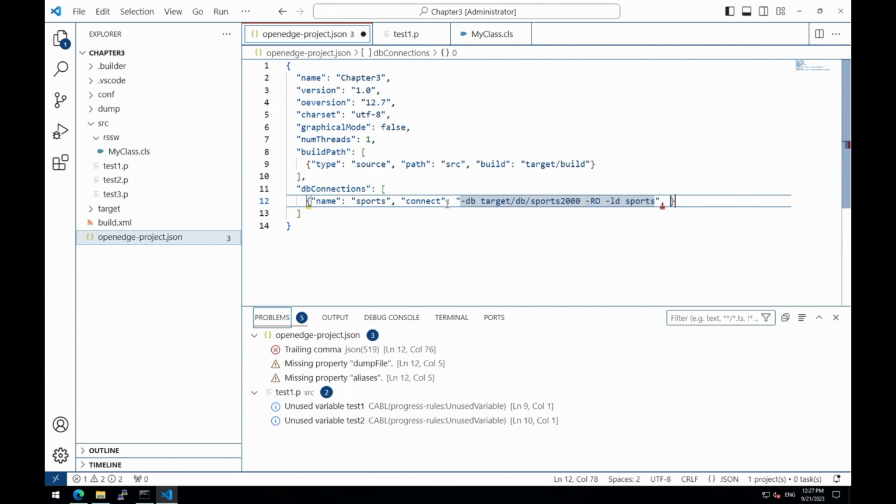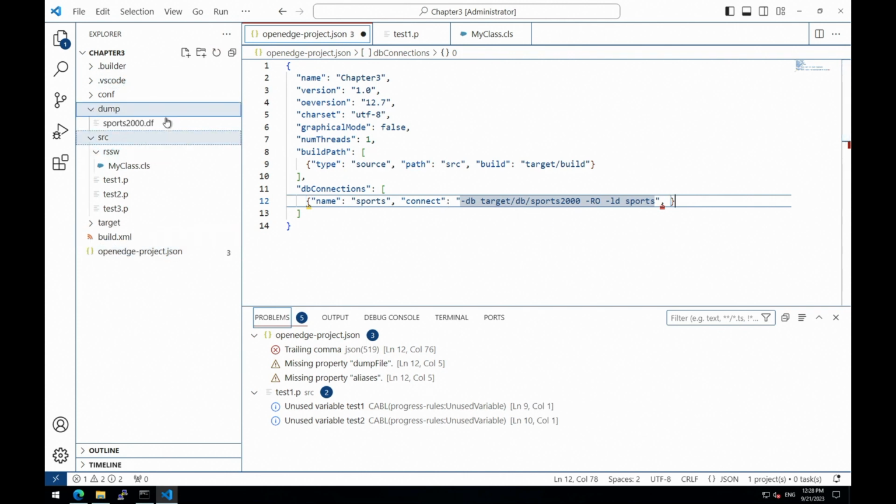Anyway, it is always, always, always a good idea to have the local schema, the data definition, in your code repository. So this means that you need to have the local DF file in your repository, which means that you will end up with a database with the right CRC. This means that you will be able to compile locally, but we don't need any data in this database to do the compilation.